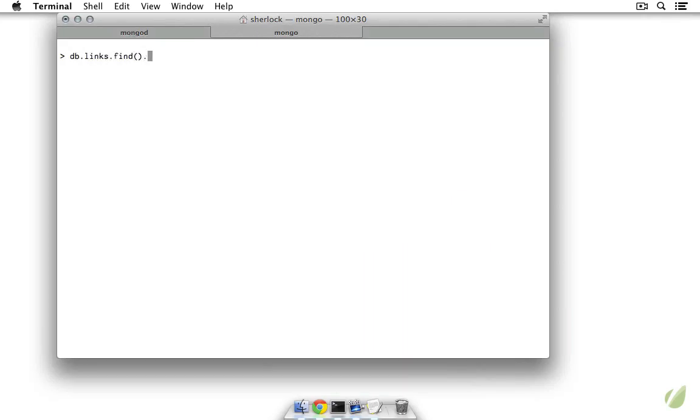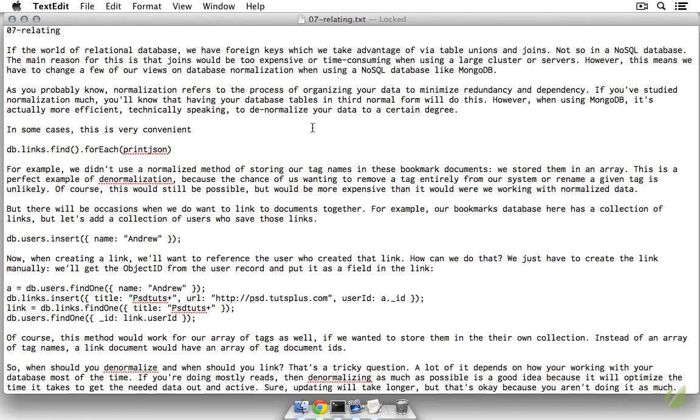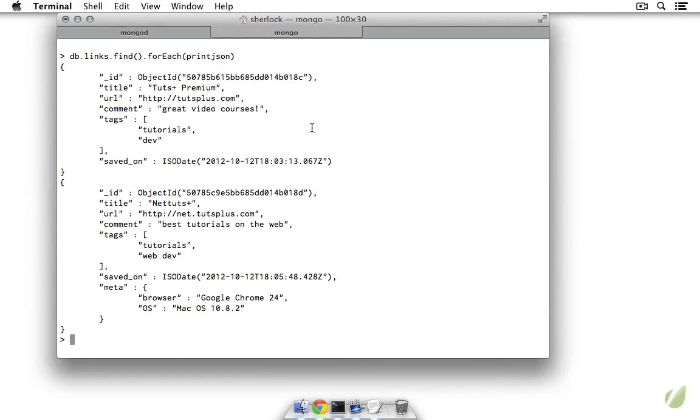Let's do a find on all of our links, and we are just going to, again, run forEach on printjson so that we can get a better view of them. Notice here that we did not use a normalized method of storing our tag names in these bookmark documents. We stored them in arrays. This is a good example of a perfect place to do this kind of denormalization, mainly because the chance of us wanting to remove a certain tag from all documents in our system or rename a given tag is pretty unlikely. Of course, doing this would still be possible, but it would be much more expensive because instead of just